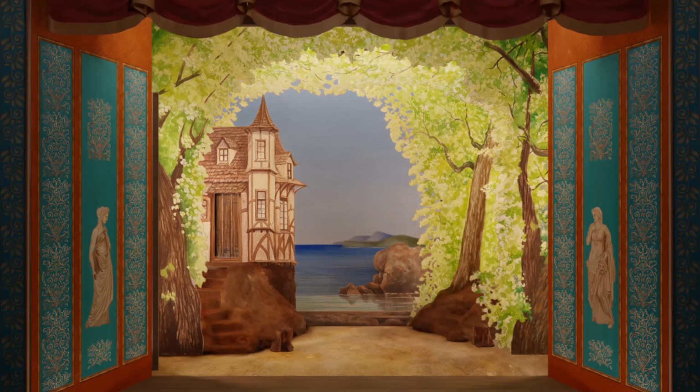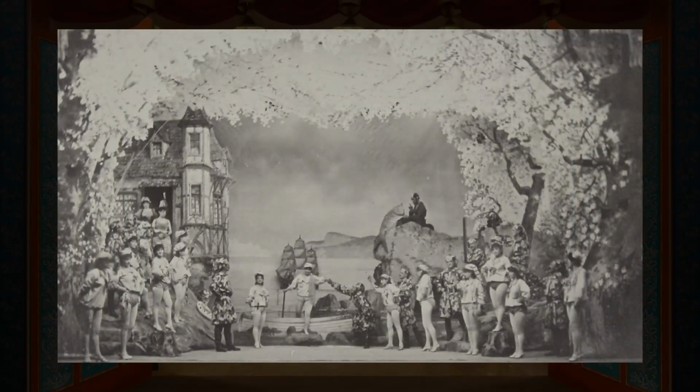Here we see the opening scene of Evangeline, an ocean horizon in the imaginary region of Arcadia. A cottage on a rock with rustic steps cut into it, and a tree-framed rocky shore. There are no photographs or drawings of Evangeline at the Victoria, but a black and white photo of this scene at Niblo's Garden Theatre in New York City provides a useful guide for how it may have looked at the Victoria in